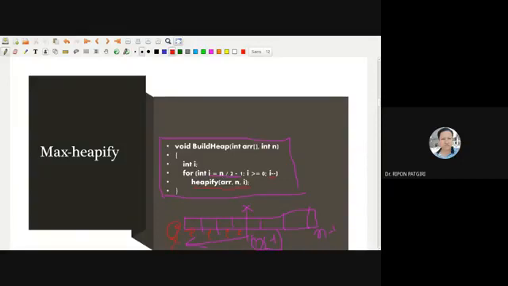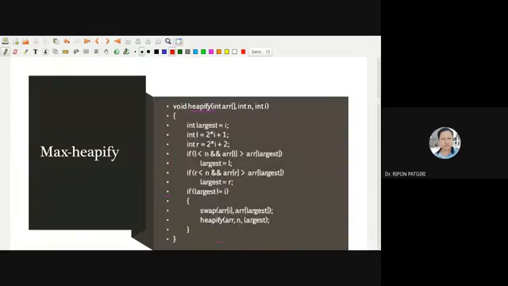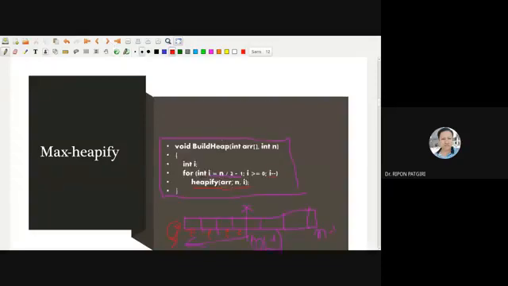Okay, and this heapify, we will call this heapify function one by one. For index i, we are calling one heapify function. For this index, one heapify function. For this, one heapify function. For this, one heapify function. That's why gradually the height is very less here. Total height is very less.